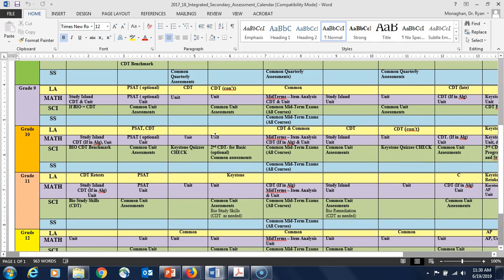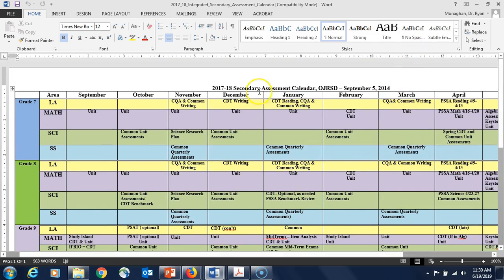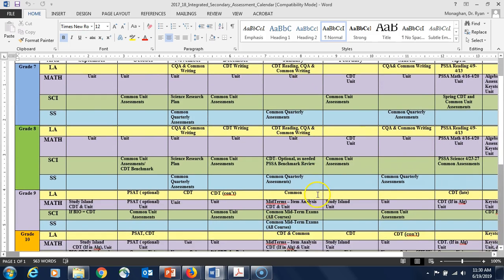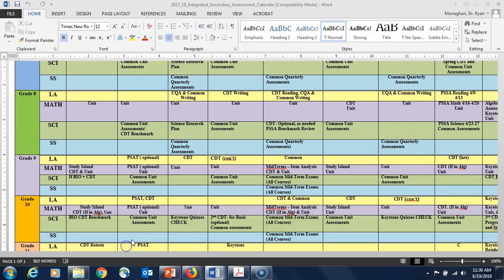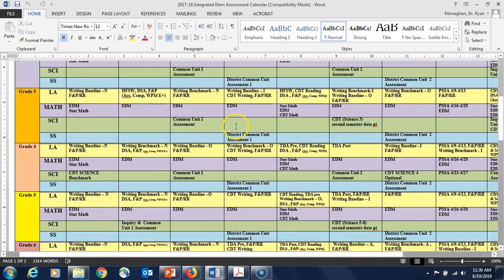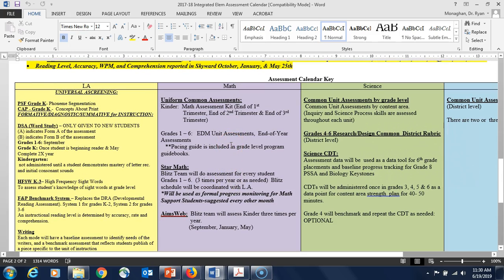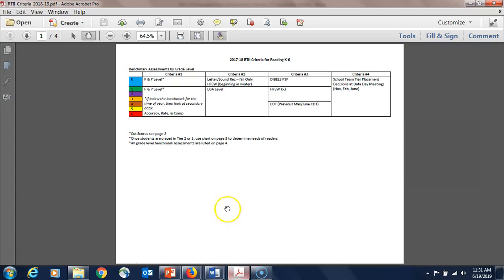And by the way, I will have this as a resource right on Blackboard if you want to download. We started this document back in 2014, but you see we updated each year. I just happened to pull an older copy, but they're not too far off. We also have them at the elementary level. So you can see starting in kindergarten, we have assessments that go across. And even you'll see on the second page, there's a calendar or a key that you can really see what is the assessment? Why are we giving it? What are we using it for? And the like. The last thing I thought I'd show you is this.